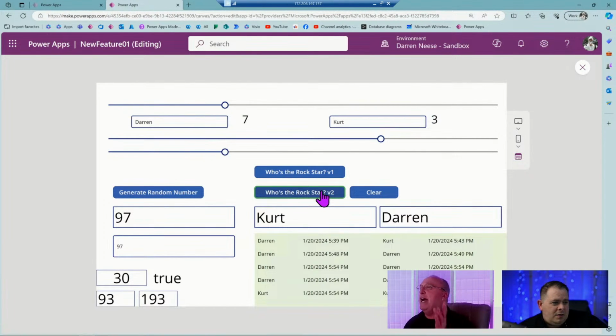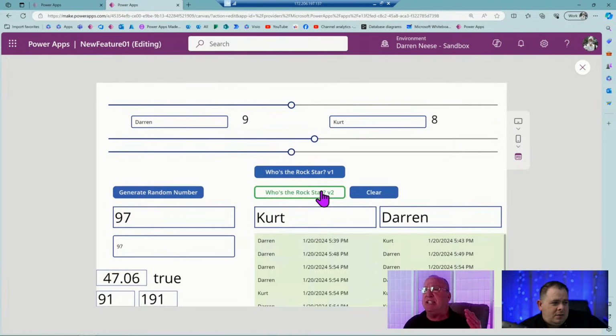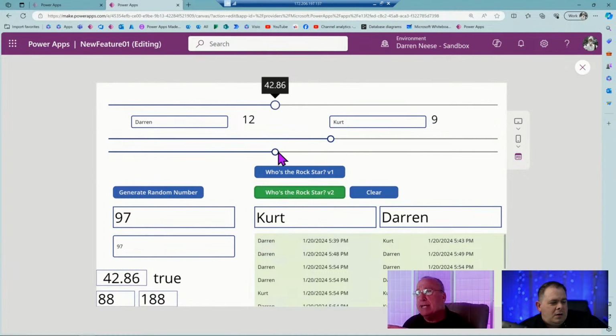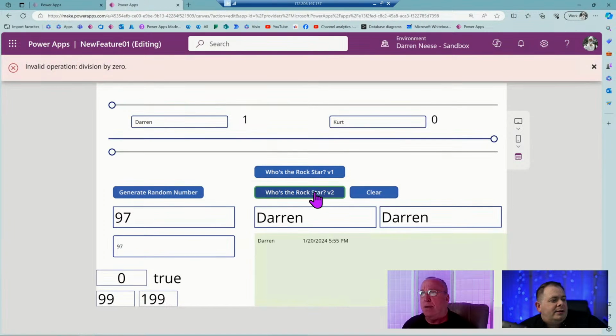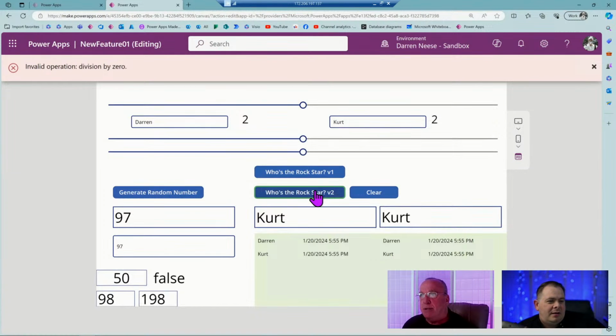This was great, you guys out there. You guys were geniuses getting us to this point. Look at that. We almost were at even. You had us at even for a moment. Get us to where we're tied. Oh my goodness, look at you. Well, I got to clear it and click, hopefully twice. You can't divide by 0, Kurt. Yeah, I knew that. Okay, there it is. Look at that. There we go. We are in the center.